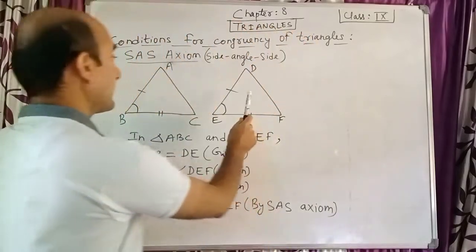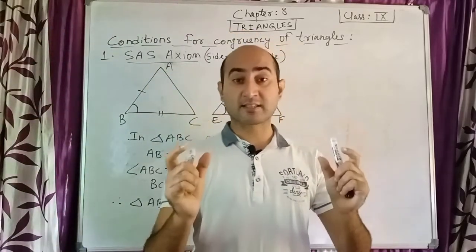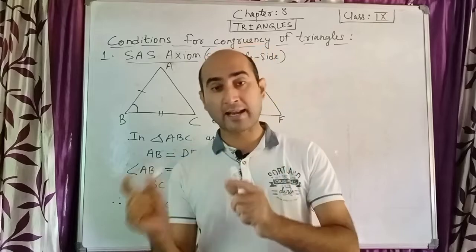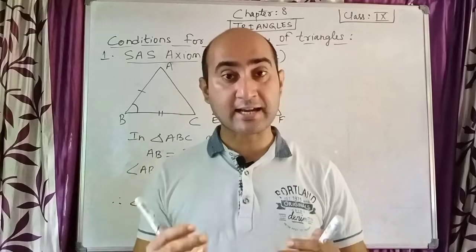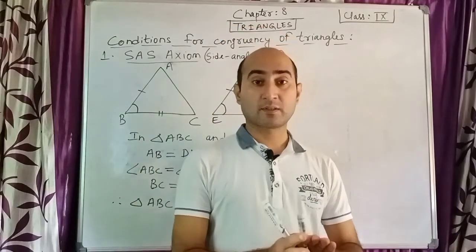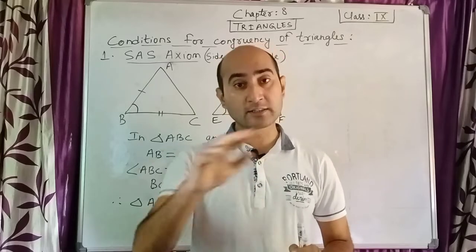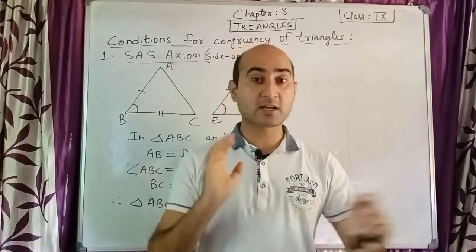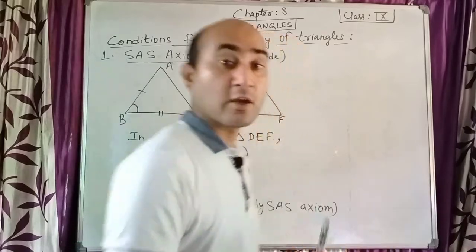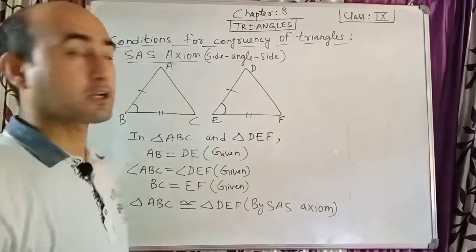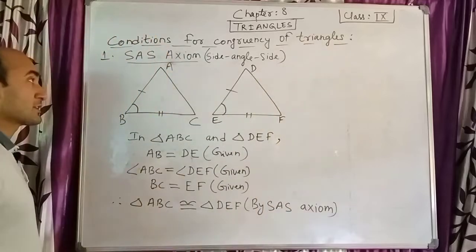In two triangles, when any three things are equal to each other, it can be two sides and one angle, or all three angles, or all three sides. It can be two angles, one side, or two sides, one angle, all three sides, or all three angles. When such a condition takes place, the two triangles are said to be congruent. There are a few conditions for triangles to be congruent, and we will learn them today, children.